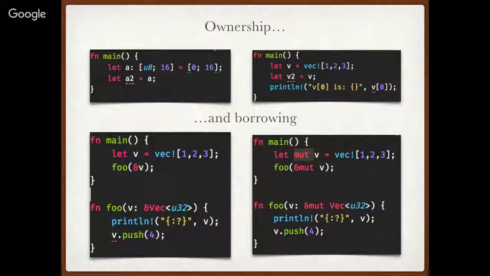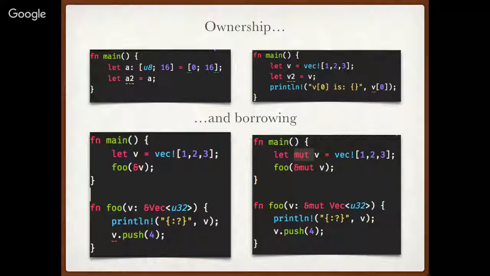Right? So A is a byte array of 16 bytes, and I'm initializing it as a bunch of zeros. Cool. So I assign A to A2. That's fine. So